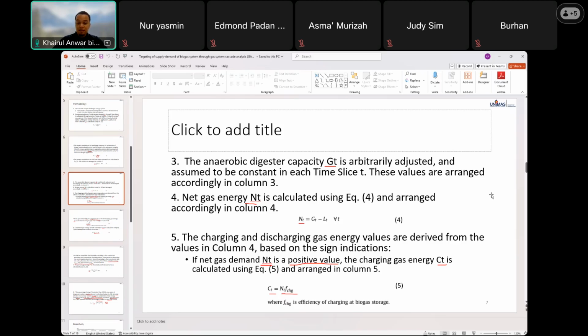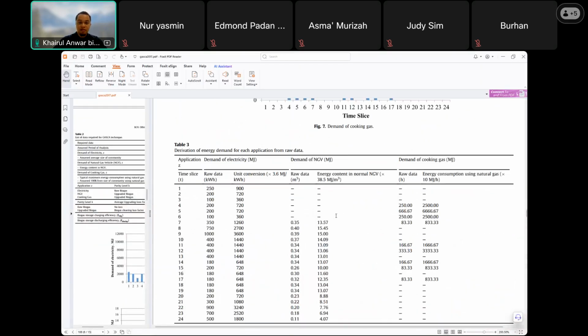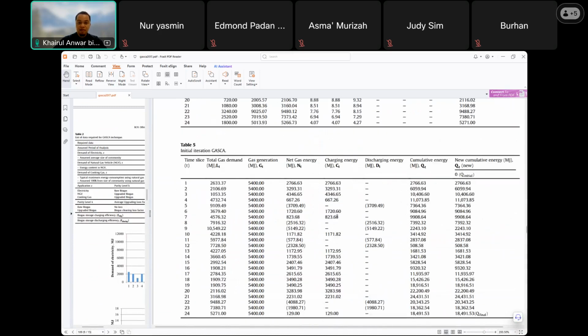So in column 3, here in table 5, this one. So this is what I'm saying to you,